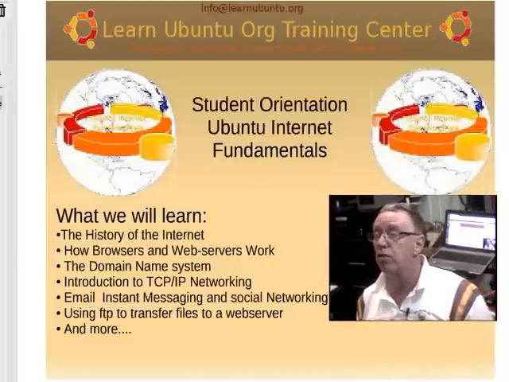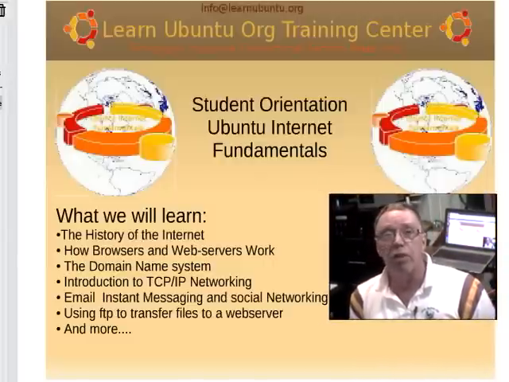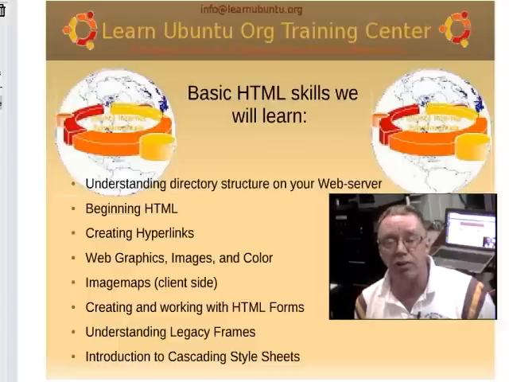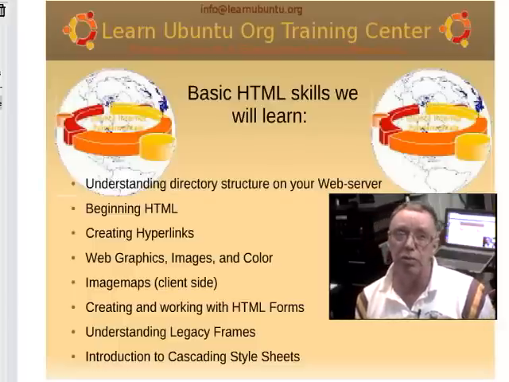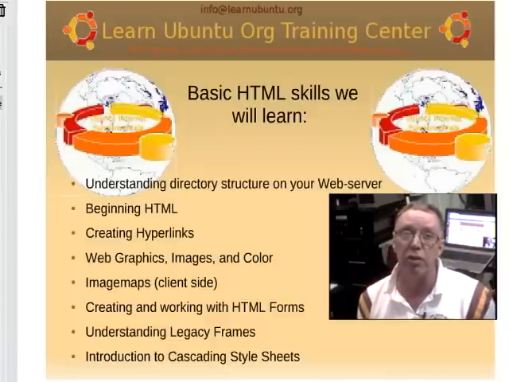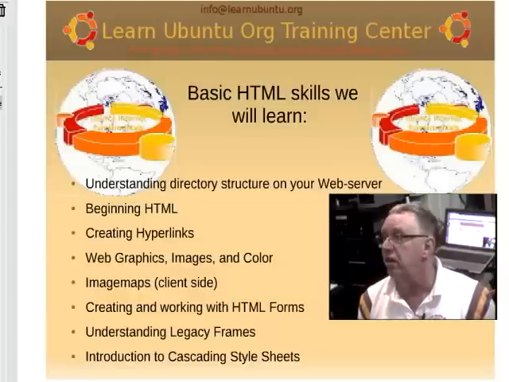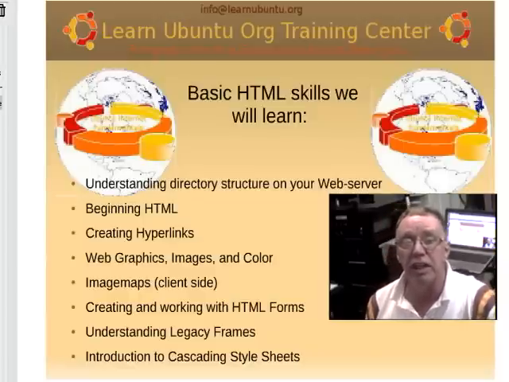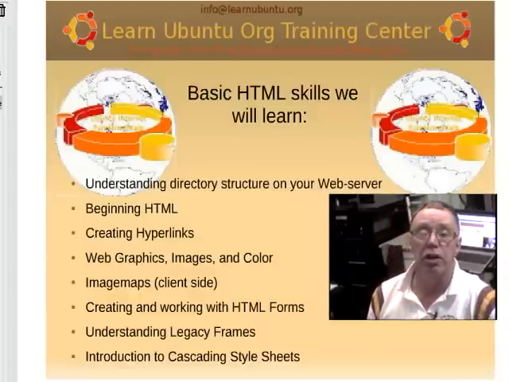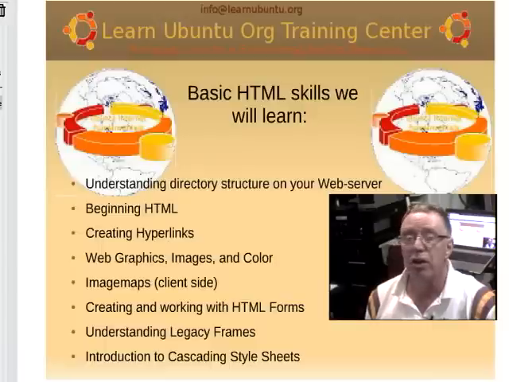The second part of the course, we're going to revisit understanding directory structures. Now, we covered this in the Learn Ubuntu Basics course, but it's so important for developing a website that we want to revisit it here. Then we're going to start with the beginning HTML, which will include creating hyperlinks, an introduction to web graphics, images, and color, including how to make an image map,